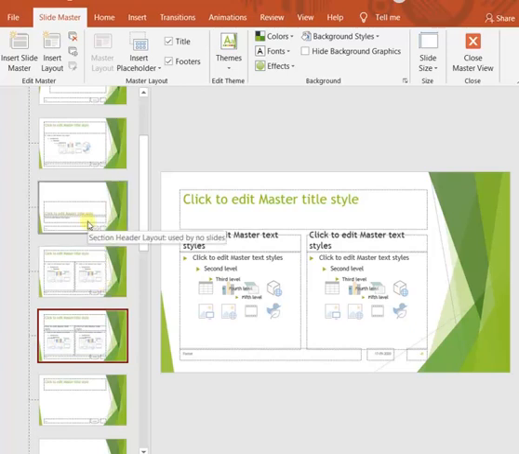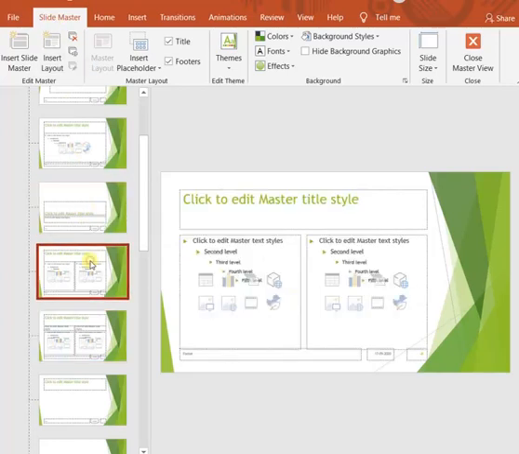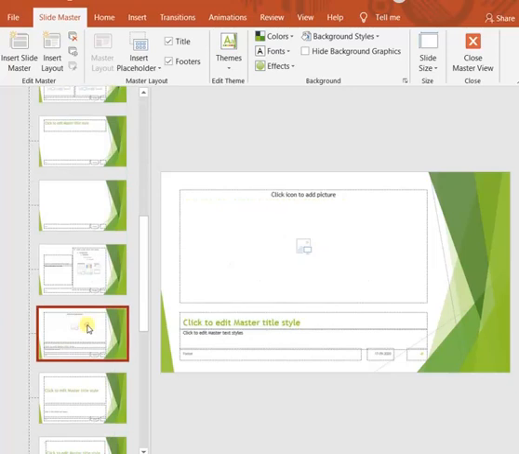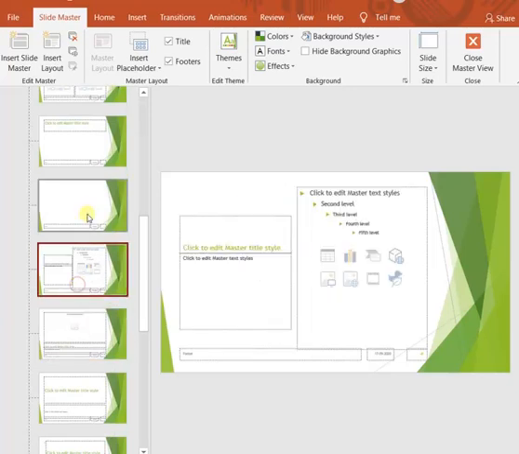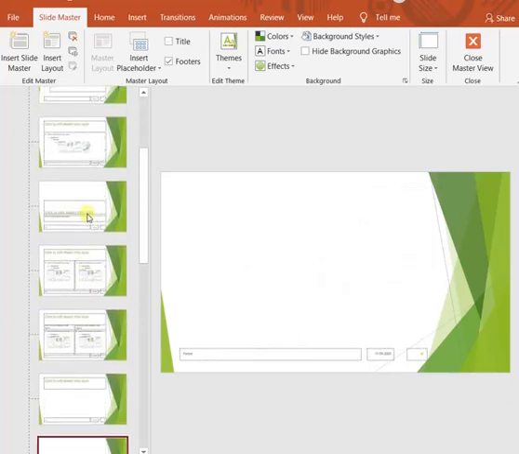So each slide can have a different format or layout, and that can be done by selecting that slide, coming to this slide master view and choosing a particular layout from these available layouts for our selected slide.